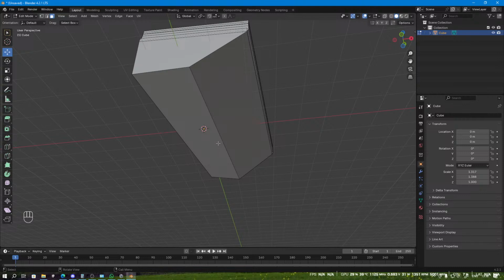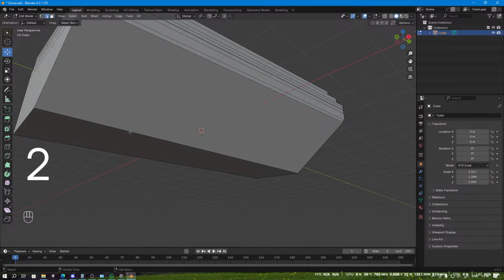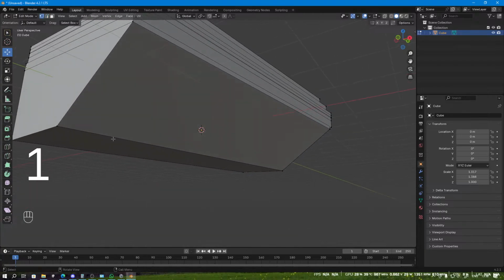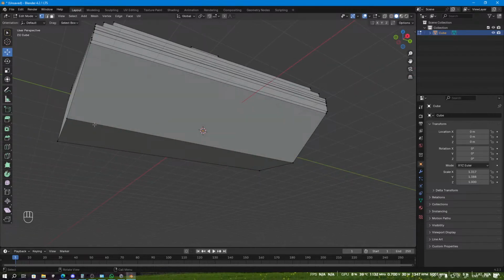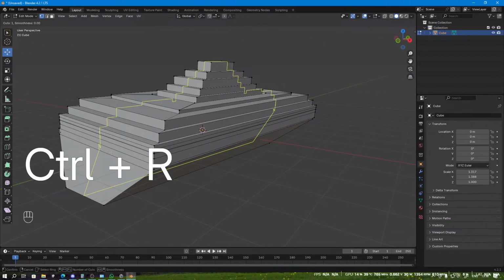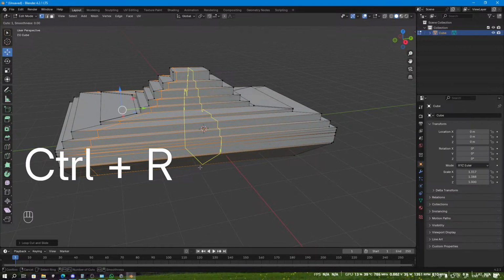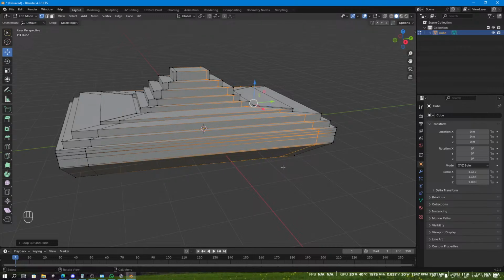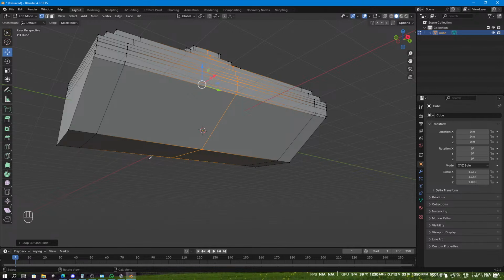Next thing you can do is cut the 3D model. If you go to edge selection mode or vertex selection mode, whatever you want, you can press Ctrl R on your keyboard. That will activate loop cut, and you can cut the model as per your liking. Or you can use knife, so you can press K on your keyboard, it will activate the knife tool, and then